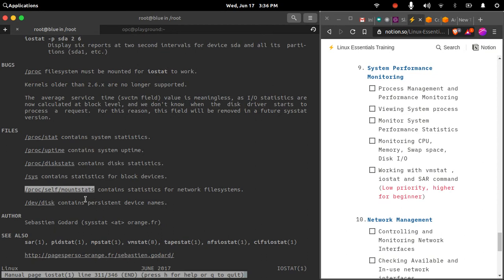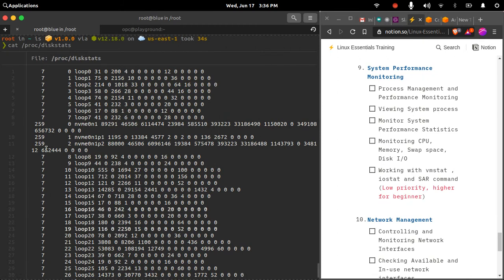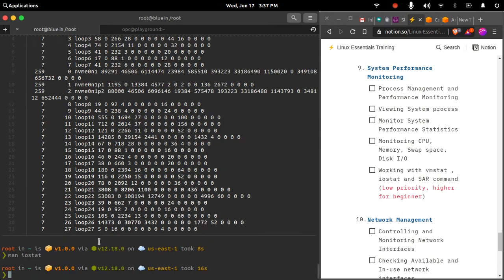So I'll encourage you, basically, to take a look at the man page of every command. It gives you nice information about how the command displays the information and from where it reads the information. And as I told you, everything in Linux is stored and handled in files by default. So this is a good way of understanding how the data is being represented to you. Basically, with iostat, what it is doing is just reading the contents of these files and presenting them in a way that is easy for you to understand.